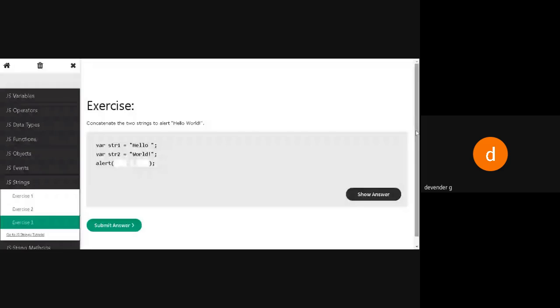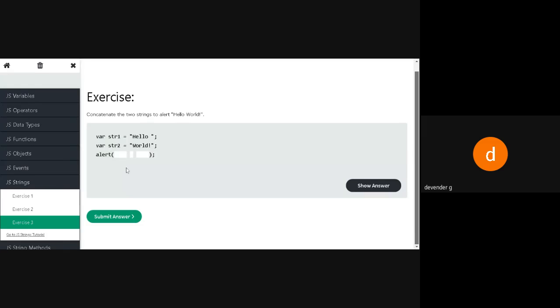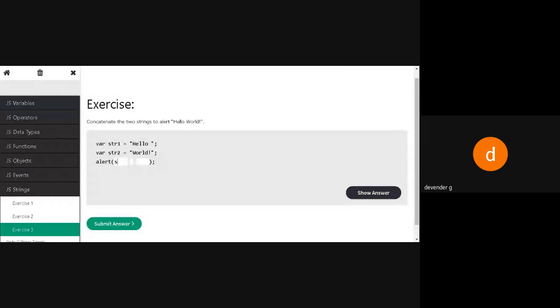Now I want to combine the two strings, so what are you going to do? Already it has been taught to you by saying str1 plus str2. So this is going to help us to concatenate two different strings. So the question is to concatenate two strings with alert. So we are going to concatenate these two by using a plus operator. So we'll try this also. So we'll go to our program.